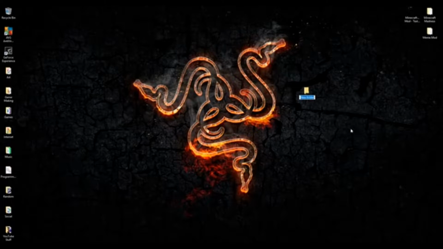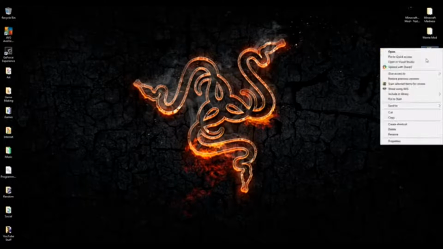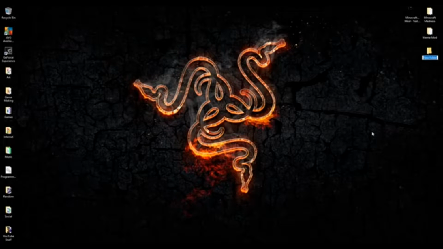Today we are going to be creating a mod using Eclipse. So first what we're going to do is we're going to create a folder on our desktop or wherever you want it, and for this tutorial I'm going to rename it to